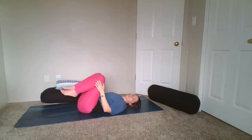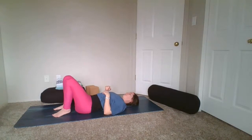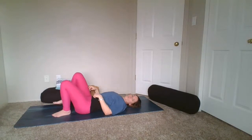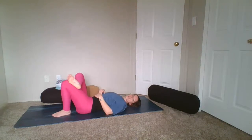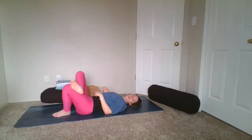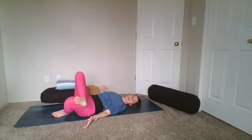Return to center, place both feet onto the ground, knees are bent. We cross one ankle over the thigh. Doesn't matter which side you begin in, because you guessed it, we're gonna do both directions. From here, with an ankle over the thigh, we rotate the lower body as to bring that foot down towards